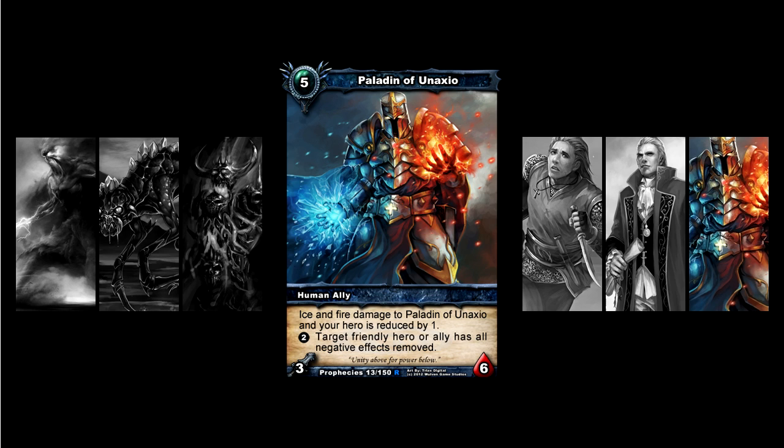But the fact that Jericho can, say, remove Crippling Blow, or can remove Lone Wolf, or Speed Strike, or Rapid Fire, kind of gives him a point to work more in conjunction with Paladin of Unaxio than rather be replaced by him. Because yeah, he can remove negative effects, but he can't do anything against these attachments. And as more expansions come out, the viability of...